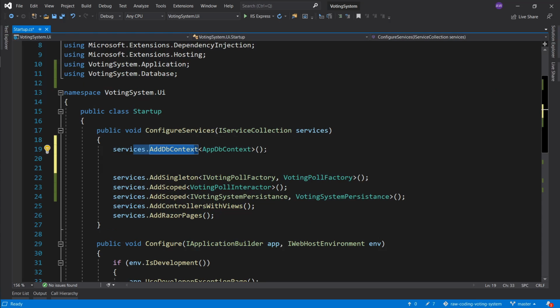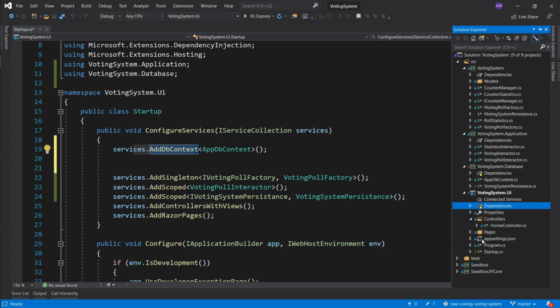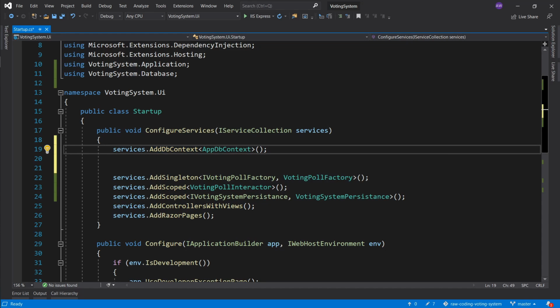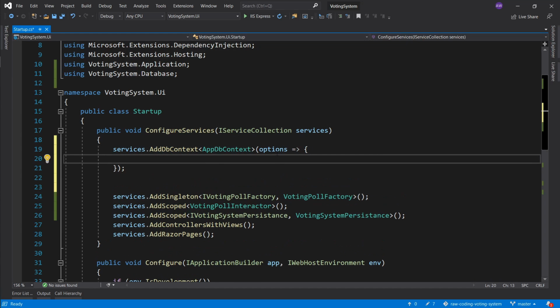Now what we want to do is similar to how we did it in our test project, where we have to specify a provider. Where are we going to be storing this data? In memory, in SQL, etc. For now, I will just opt in for the in-memory provider again, but usually this is where you want to start hooking up to the SQL database. Okay, so the way you do it is you specify options here,